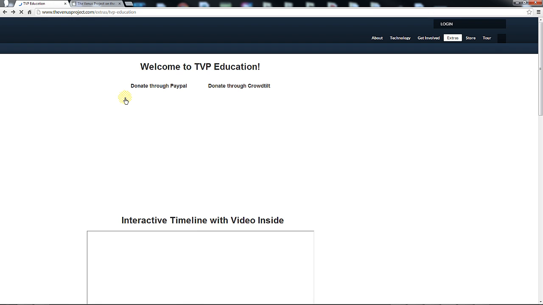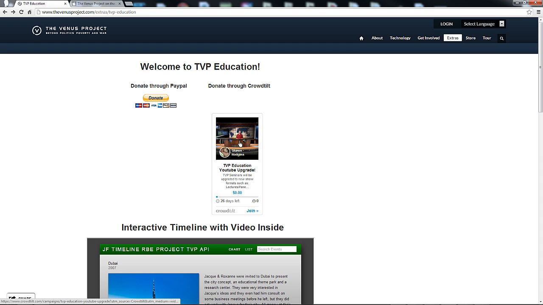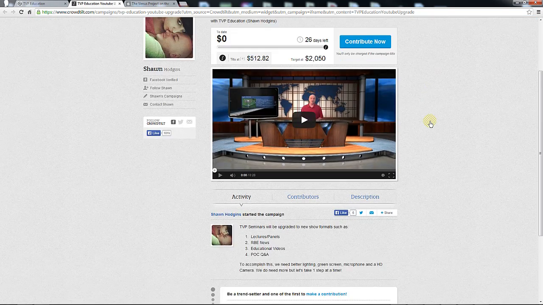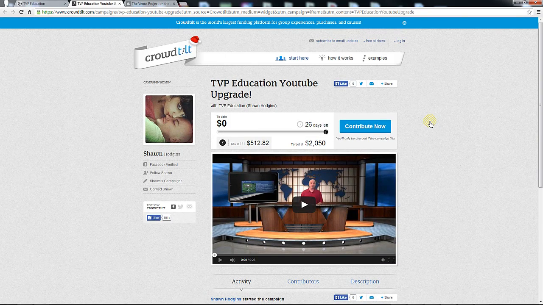If you want to donate through the new Crowd Tilt fundraising campaign, then you can do it through there. And then I'll consolidate the two funds together. So if you're worried about the PayPal situation, here is a fully integrated Crowd Tilt fundraising page, which looks to be one of the lowest overall fees. You'll have a 2.5% fee on donation and 2.5% payout fee. So a total of 5%, which is the lowest of any of these fundraising platforms. All right, so please contribute to this if you can, or pass it along.